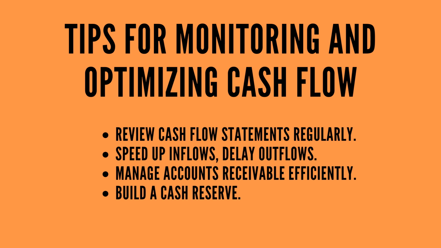4. Build a cash reserve. Having a cash reserve ensures you're prepared for unexpected expenses or downturns. Aim for 3 to 6 months' worth of operating expenses in your reserve. Example, a bakery sets aside a portion of their monthly profits into a savings account, building a reserve that can cover rent,